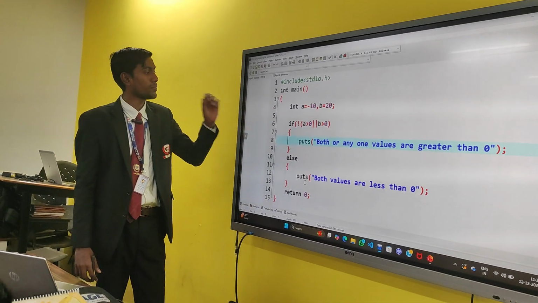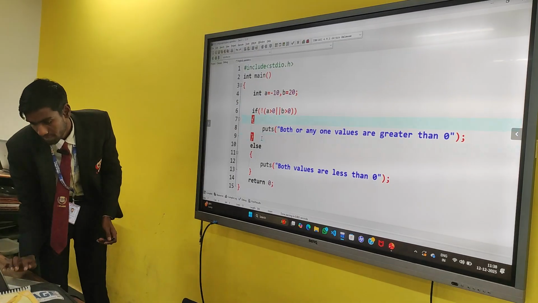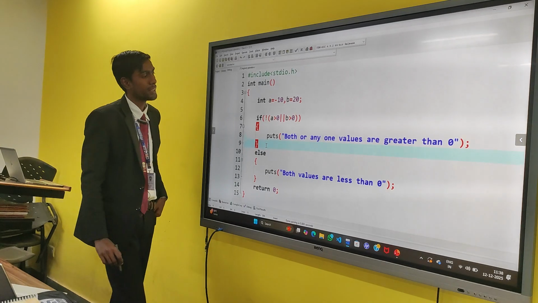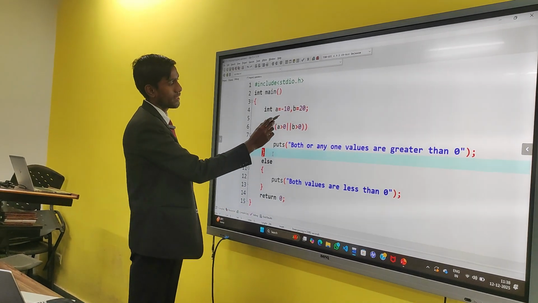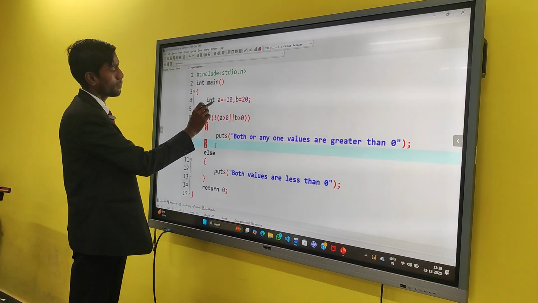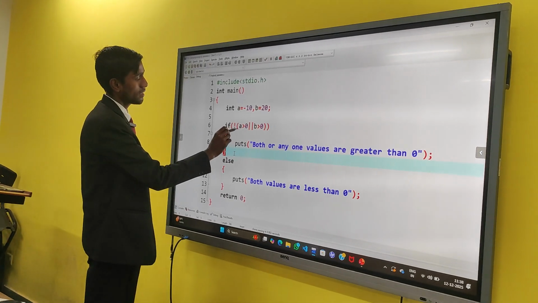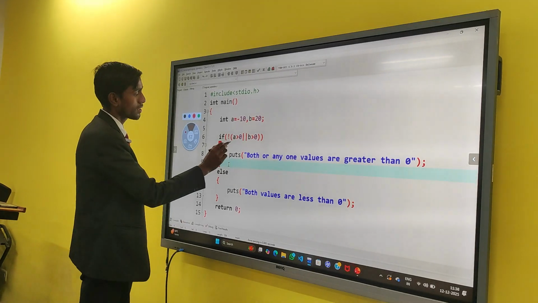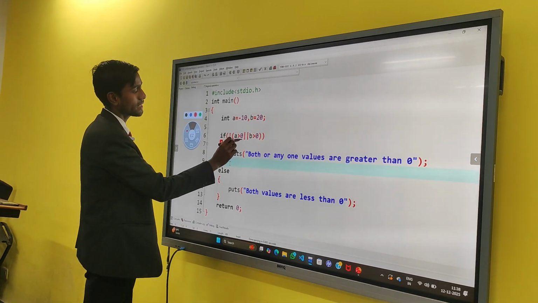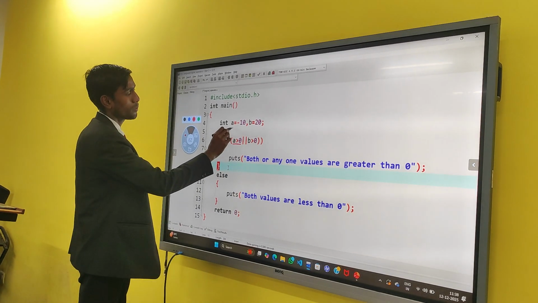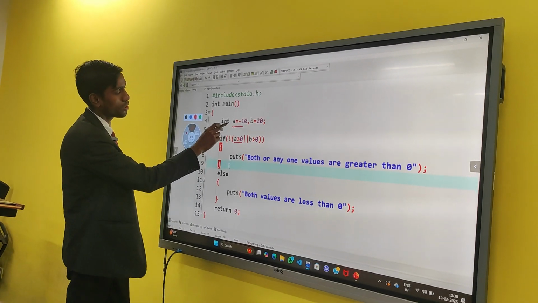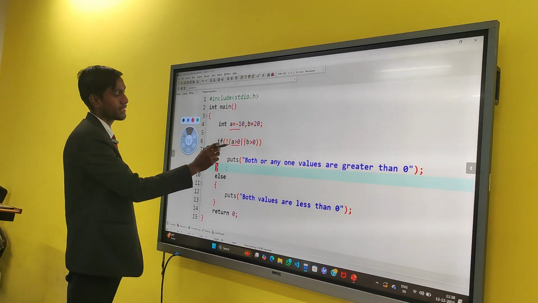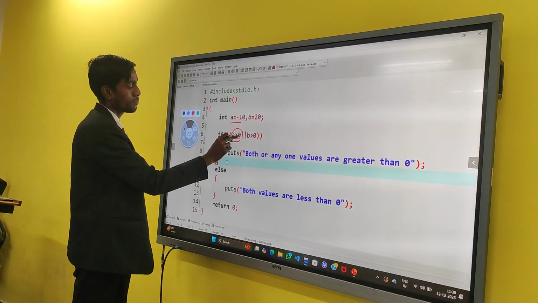In my program, the condition a is greater than 0 is false because my value of a is less than 0. So this condition becomes false.